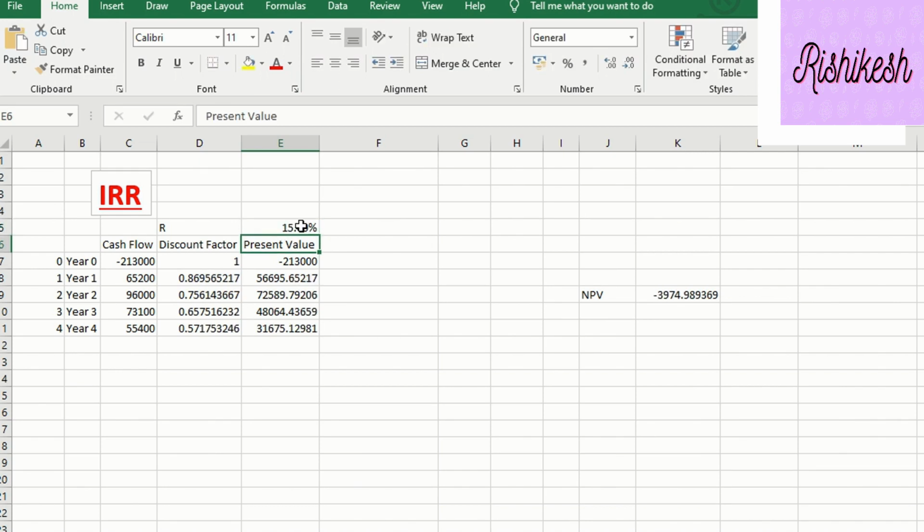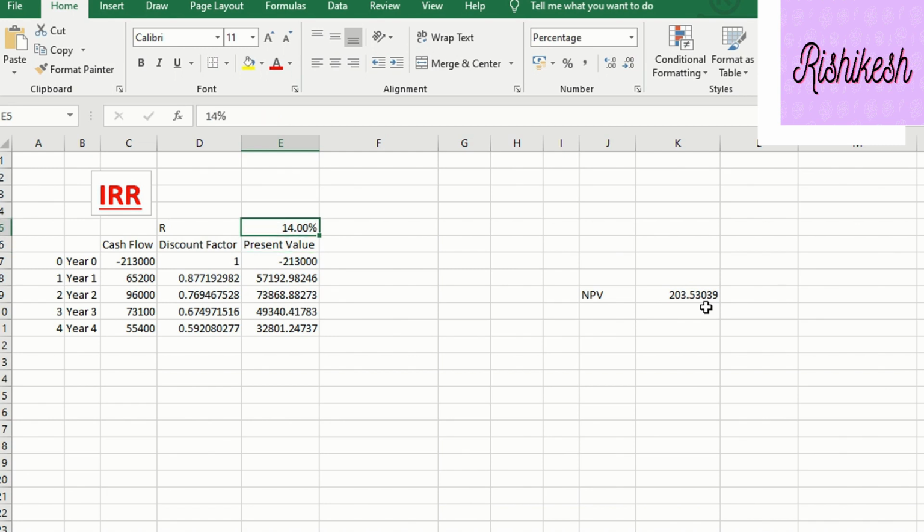If I place 15%, oh, it got negative. This means that the IRR is going to be between 14 and 15%. Why? Because the NPV is getting to zero between 14 to 15%. See, at 14% it is 203, and at 15% it becomes negative. This means that it's going to be between